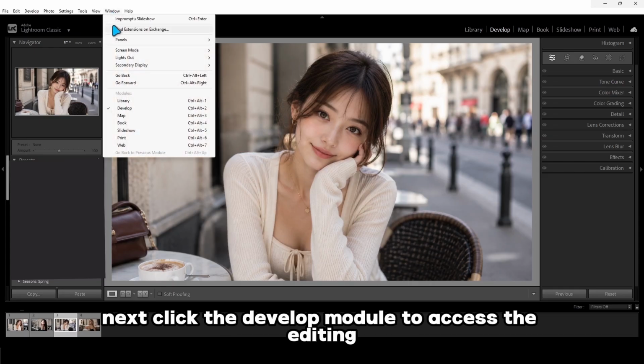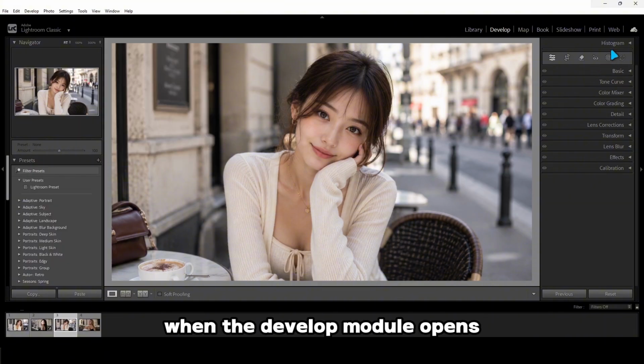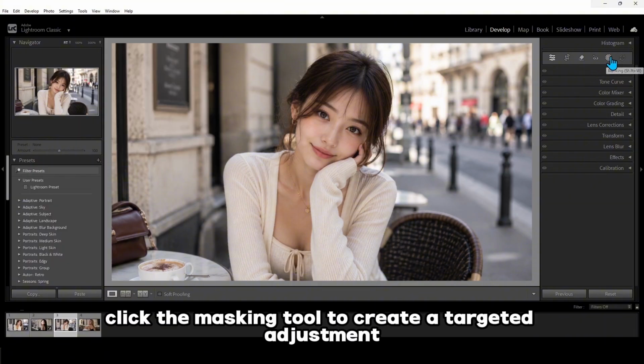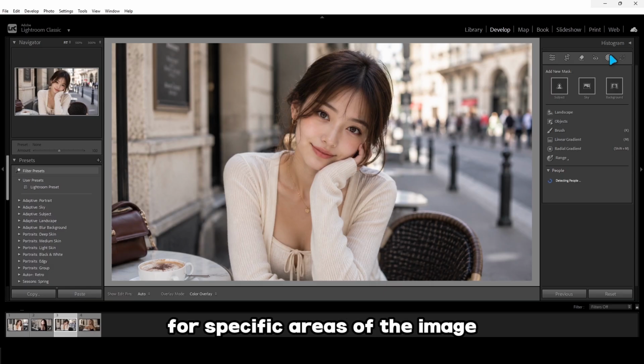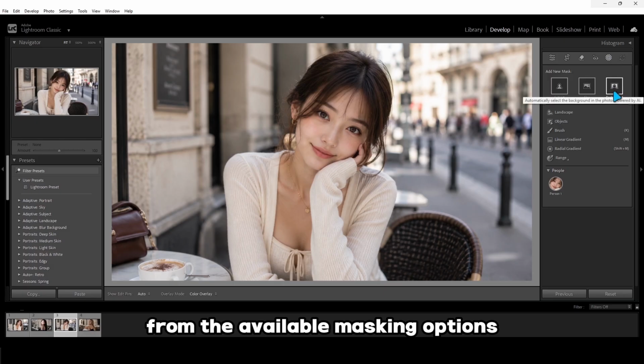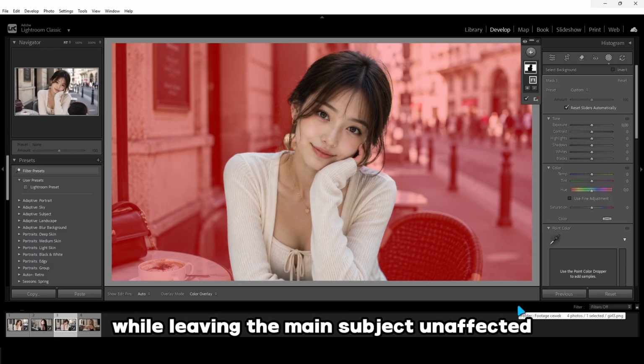Next, click the Develop module to access the editing workspace and adjustment tools. When the Develop module opens, click the Masking tool to create a targeted adjustment for specific areas of the image. From the available masking options, select Background so Lightroom automatically detects and masks the background while leaving the main subject